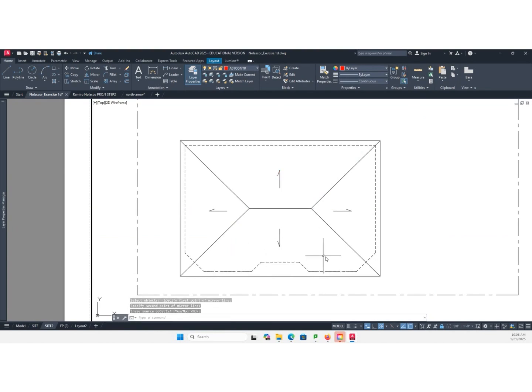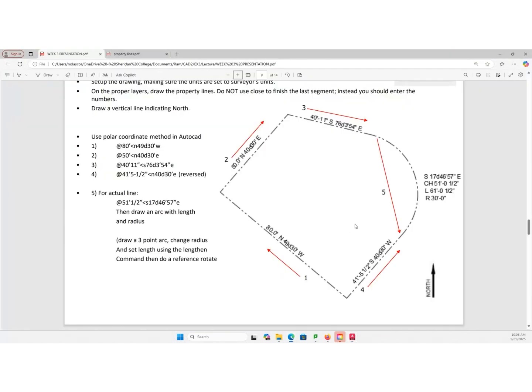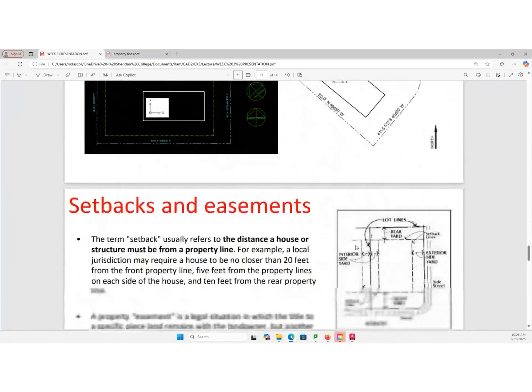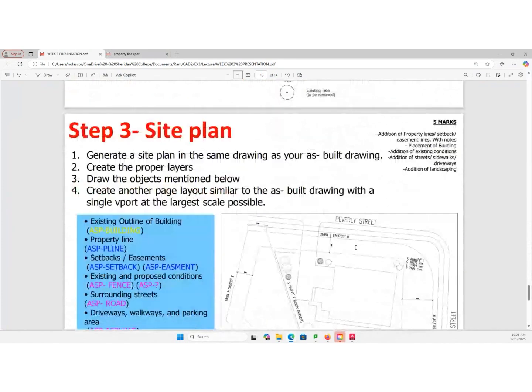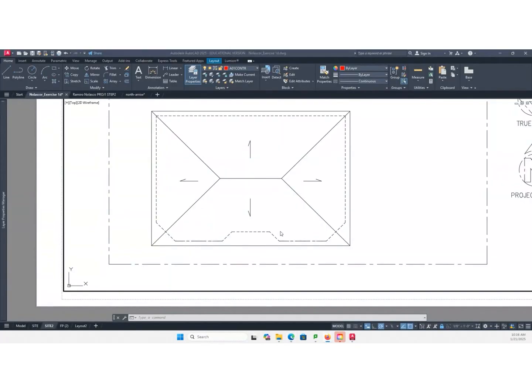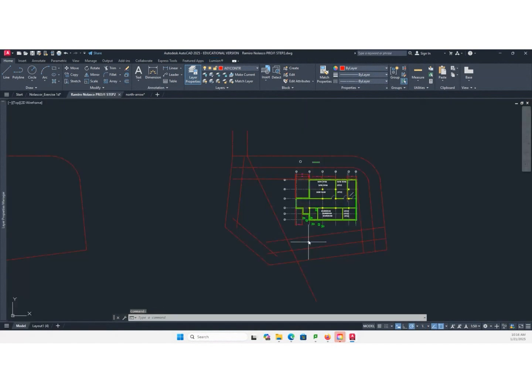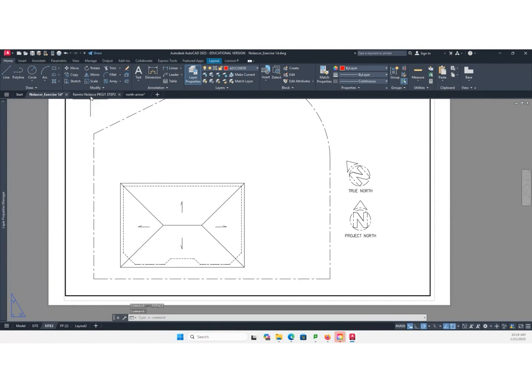Okay? So there are other notations that you want to place here, but we're going to end there for this exercise, because we want to continue and do the metric version. So we're going to repeat property line creation, but now in metric. Kindly stop this for now, because what I'm going to be doing in metric will be very similar to what we did in imperial. The only difference is that it's now metric.